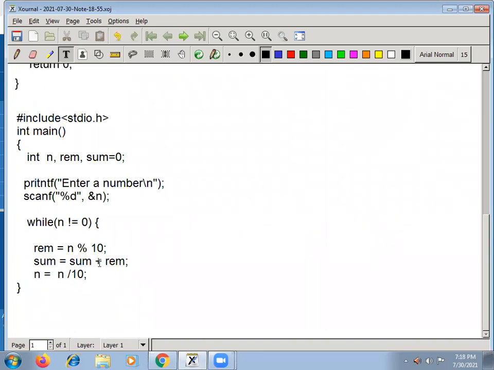Sum is equal to sum plus remainder here. Okay, so this statement uses the shorthand assignment operator, hope you might have studied.